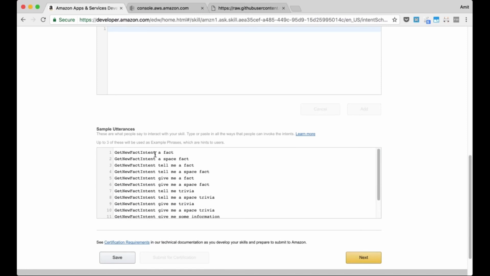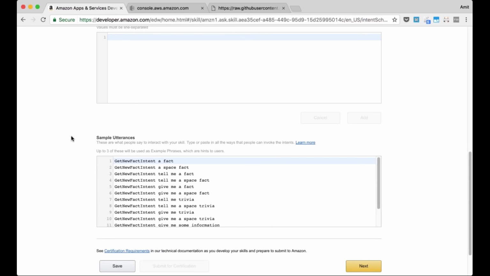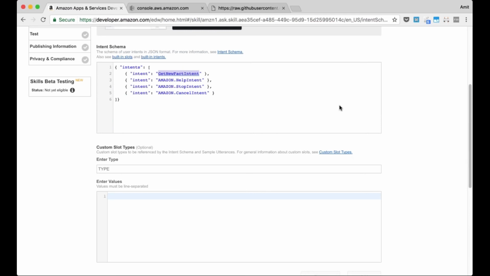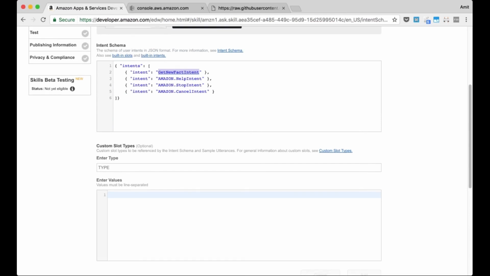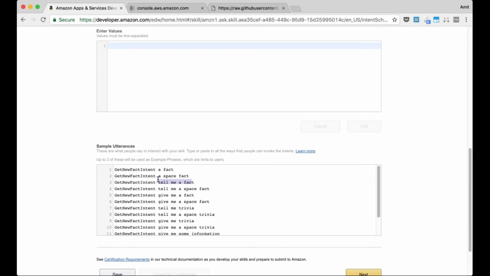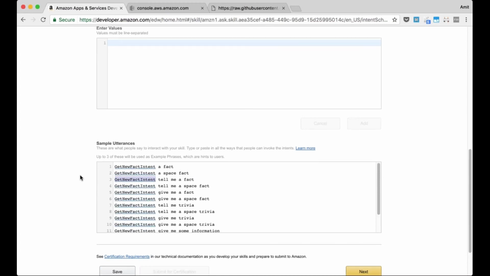So what's happening here is every line here is starting off with the intent name. Now this intent name actually matches up with the intent that we defined as part of the intent schema. So what the sample utterances are really saying is, if anybody says a fact, a space fact, tell me a fact, or any of these phrases, they all match up to the same intent. So if I say, tell me a fact, it will fire off this specific intent. And this intent name, as you will see, will match up to the function name that we will define on